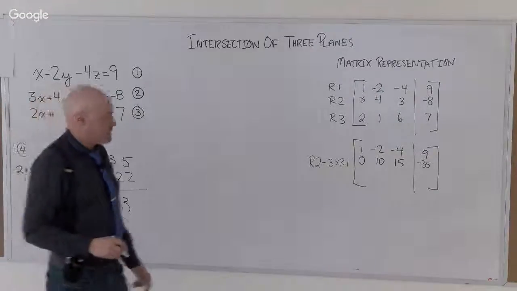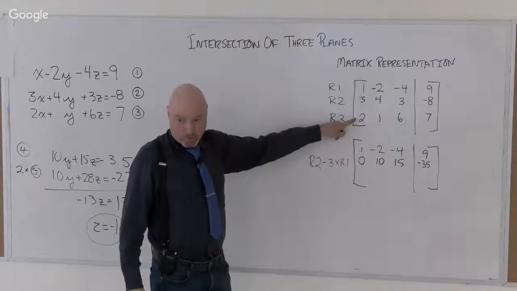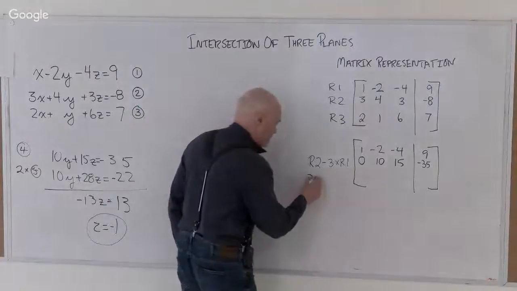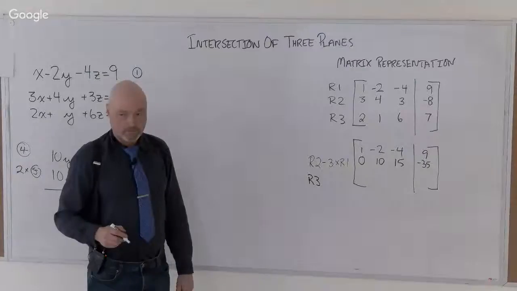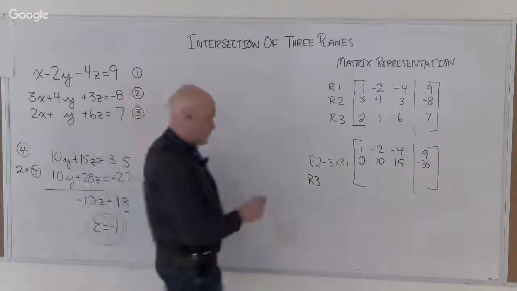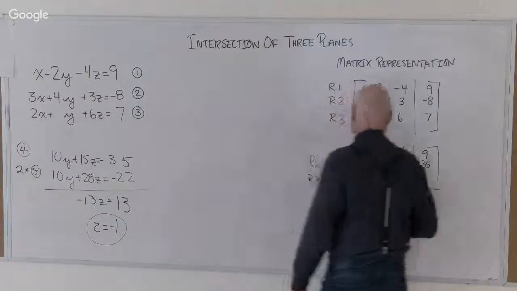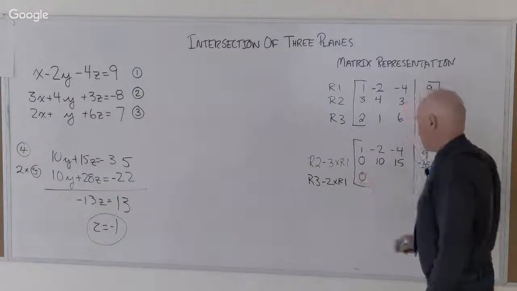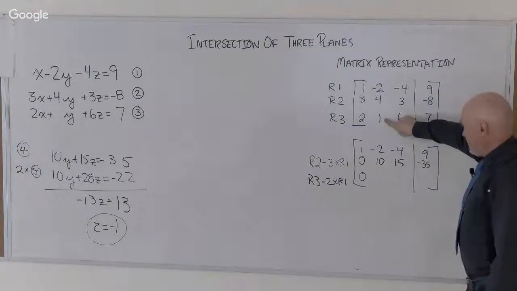Okay, all right. Let's do the same thing. I'm going to eliminate the 2 from this row, from row 3. Okay, so I'm going to take row 3. How am I going to eliminate the 2 from row 3? I'm going to go row 3 minus 2 times R1. Yes, there we go. Okay, 2 minus 2 times 1, 0. That's exactly what I want to happen. Okay. And now I've got,